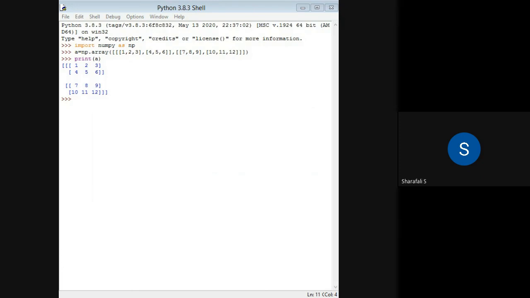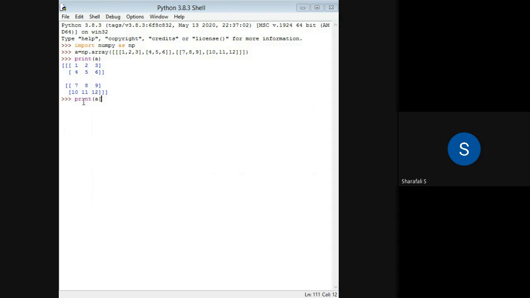Okay. So how can we access elements when we consider this kind of three-dimensional array? That we will discuss. Here we can just type print, my array name, and in that array I have to specify the index of each element. In this case we have three axes, right?